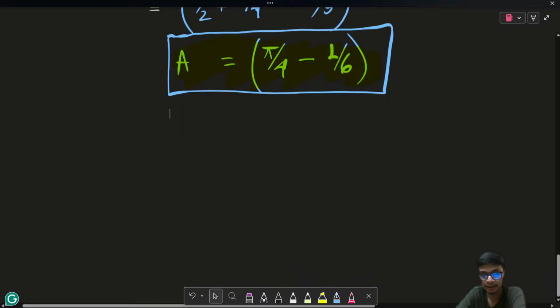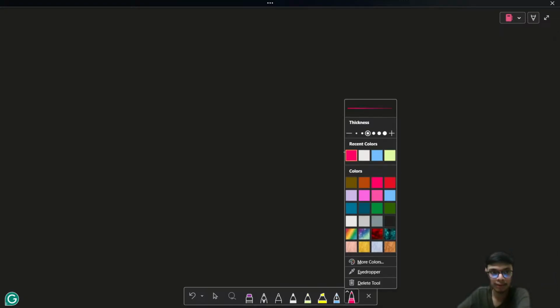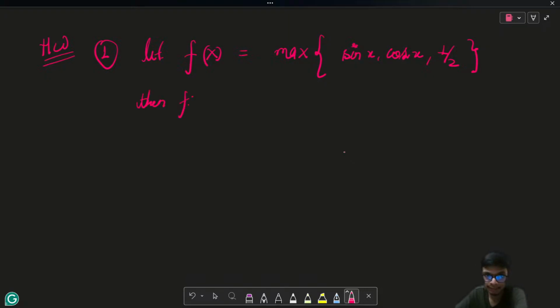Right. If this part is clear, now I want to give you one homework problem for all of you. Please try to solve this homework problem. The question is, let the function f of x be defined as the maximum of sin x, cos x, and half. Then find the area under the curve